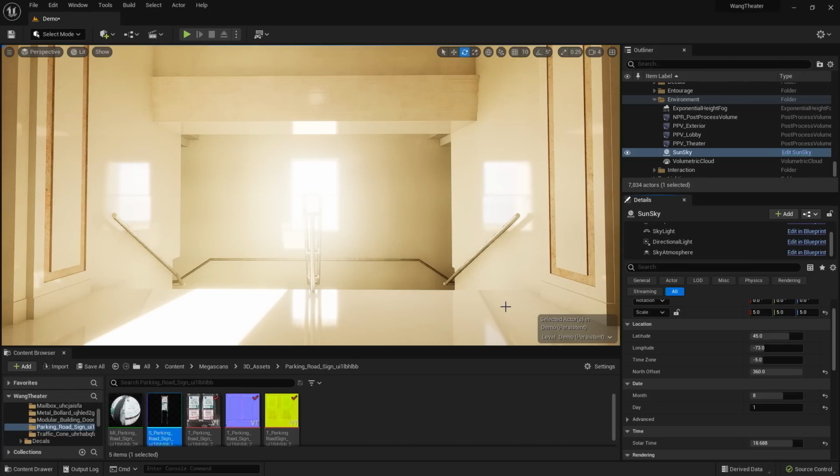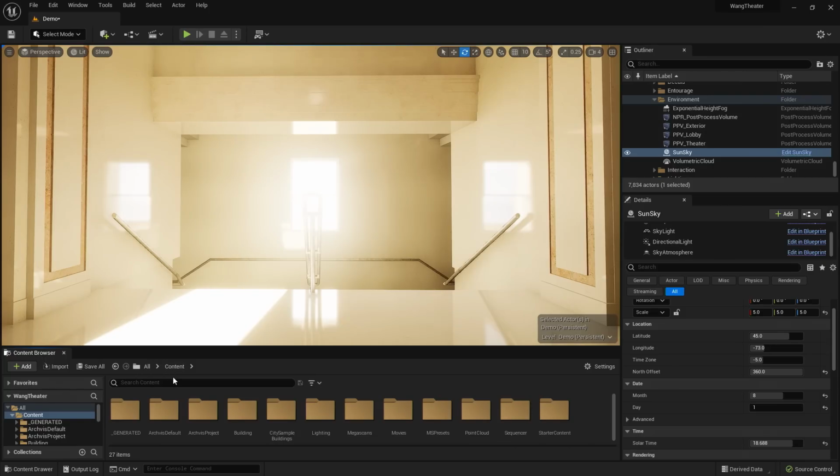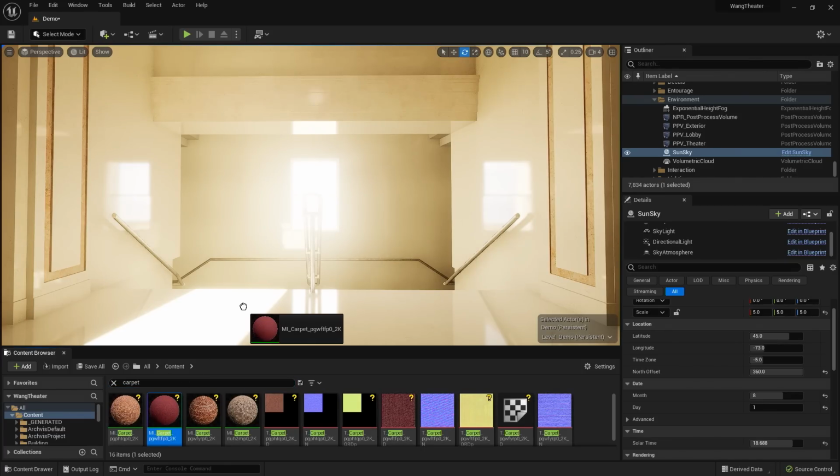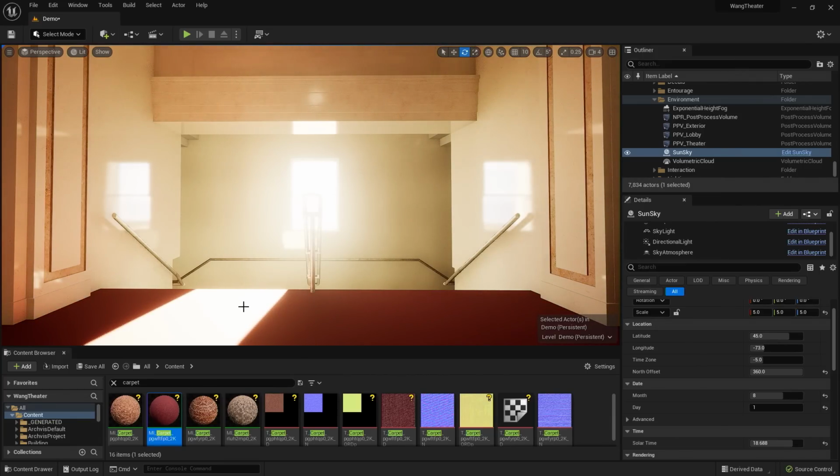Now let's test out some of the other Lumen features. For now, I have a pretty base reflective white material on the ground. Now I believe this is actually carpet, so if I wanted to, I'm going to go to my content browser, type in carpet. I'm going to drag and drop this carpet into my scene. So automatically, you'll see how it populates this view with some color. So what you're seeing is some of that color bleeding. Now this is something that's very exciting to see in real-time rendering. You're able to have some of that color bleeding without baking the lighting.